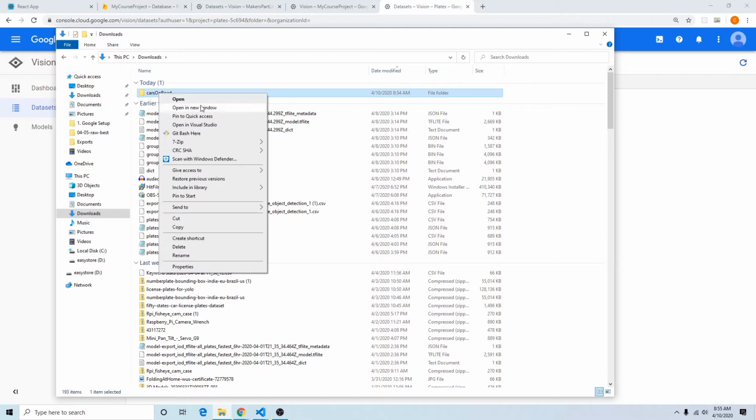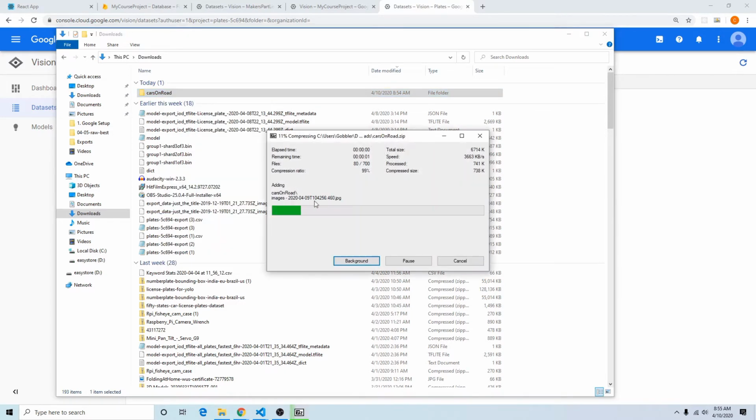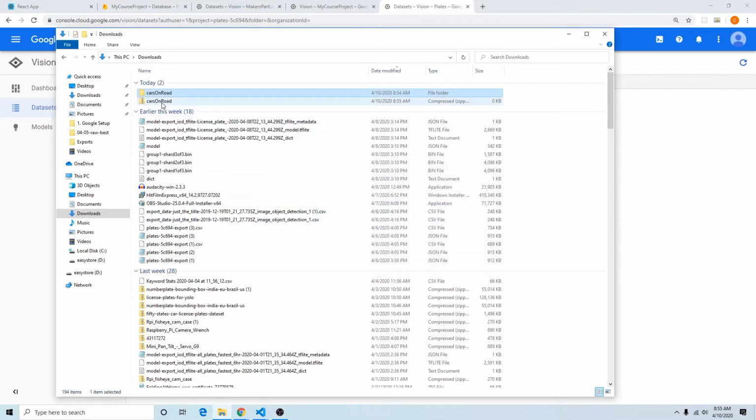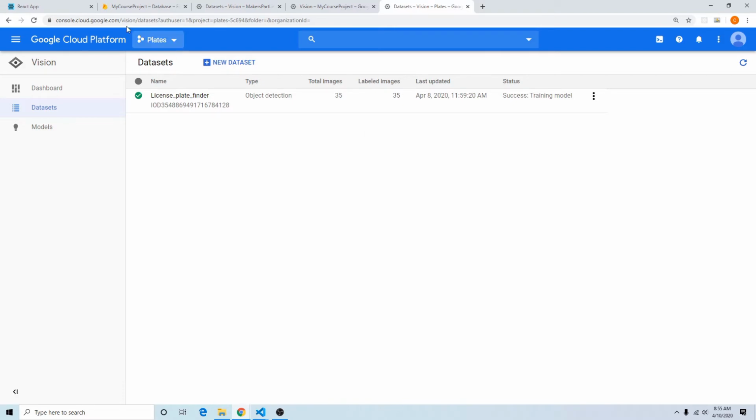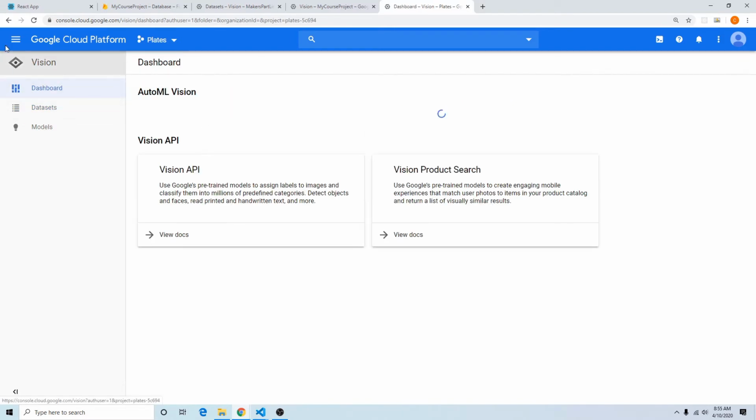And all you have to do is in the folder, if you can actually compress it and zip it, that's what you want to do. So we're going to go ahead and, it was so easy on a Mac. Compress to zip. Great. Now that we have this car on road zip, if we go into our Google AutoML, so click over